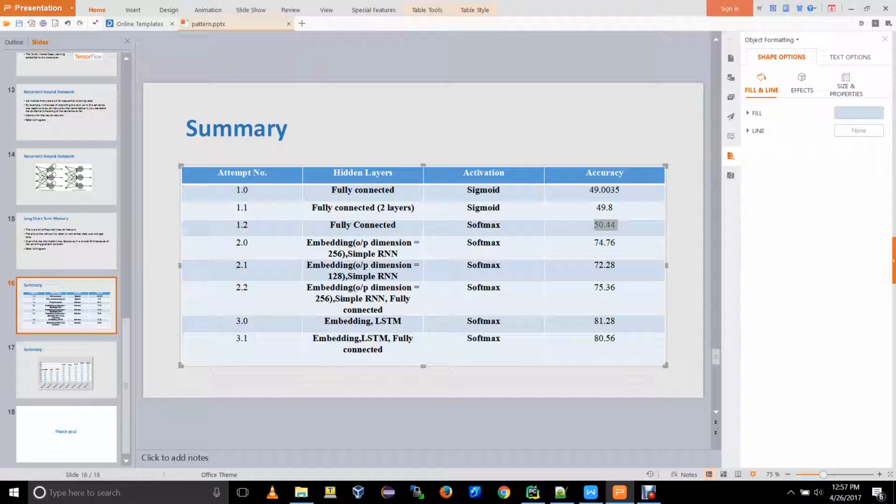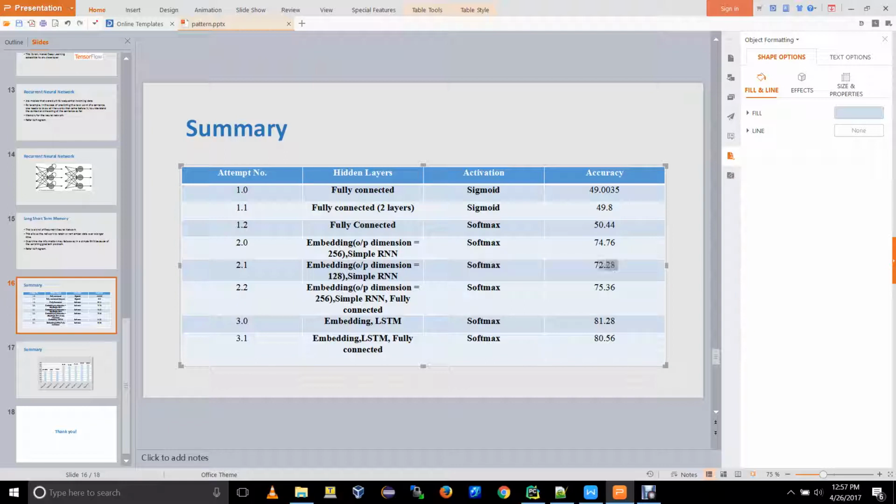For my attempt 2.0, I have used an embedding layer which gives an output dimension of 256 and used a simple RNN, and I've again used softmax. For 2.1, I have used output dimension 128 and simple RNN. This basically does more compression, and the activation function used is softmax again.